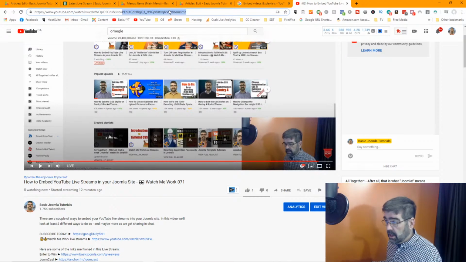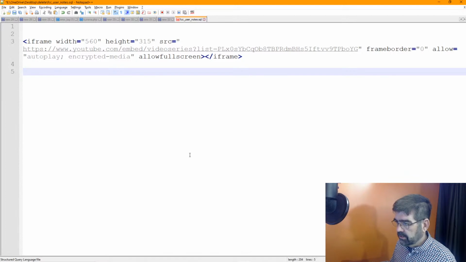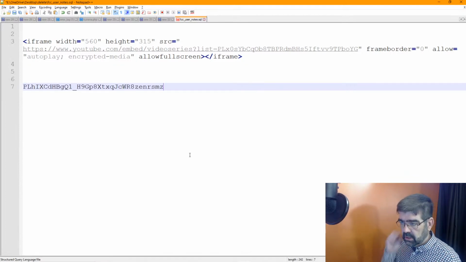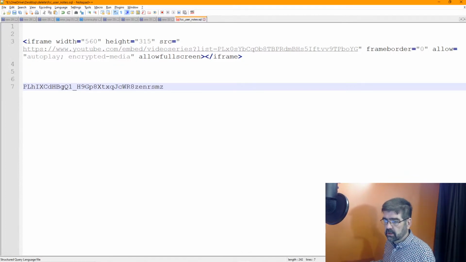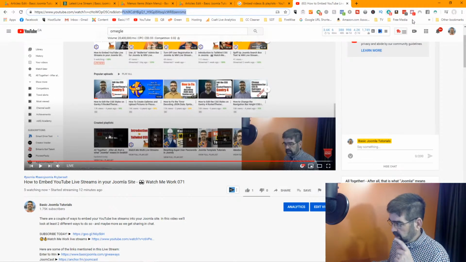So I'm going to copy that, and what we would do next is back in Notepad++. So I'll just paste this now. We would put that code in place of this list ID here in Notepad++. But I want to show you another way that you can find this list code, and to do that, we go into the